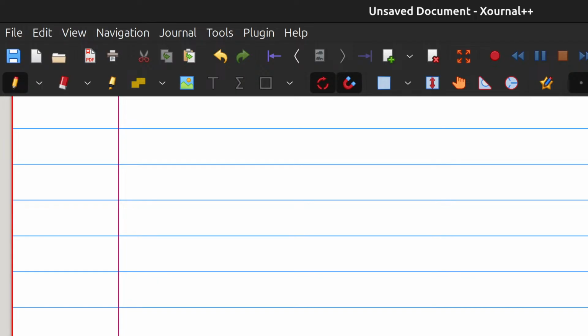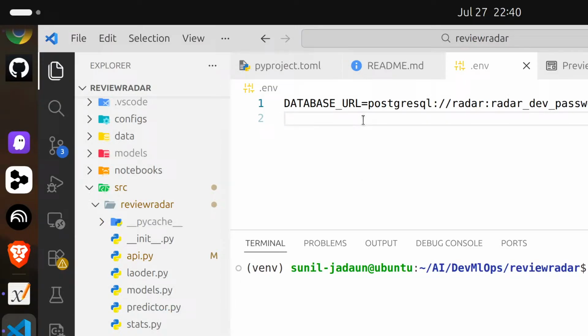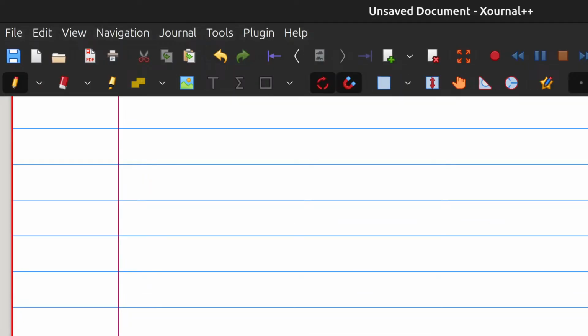So this is a long string in Python, which tells Python how to connect to the database. So this is like a database URL, right? It is like